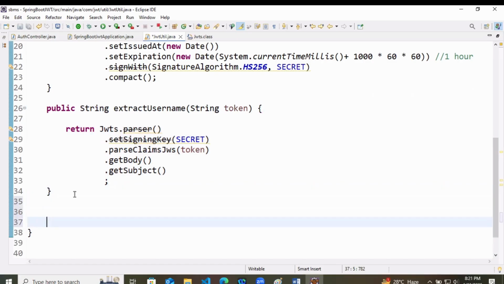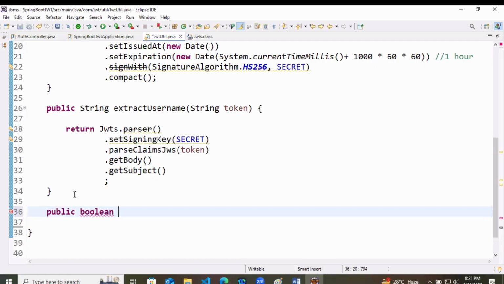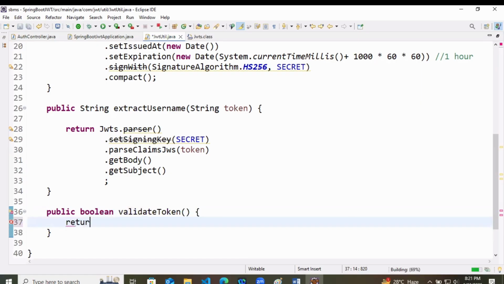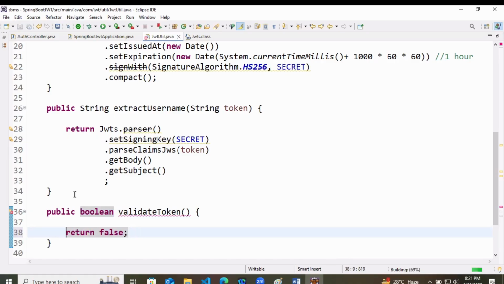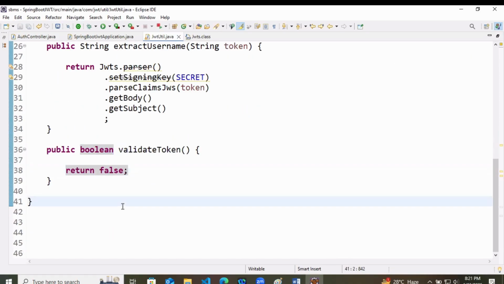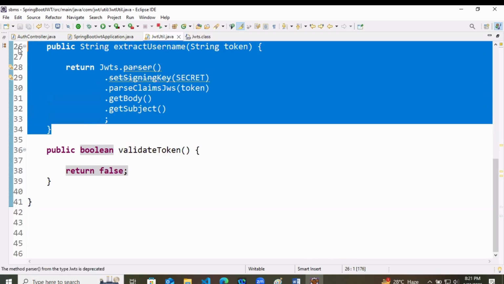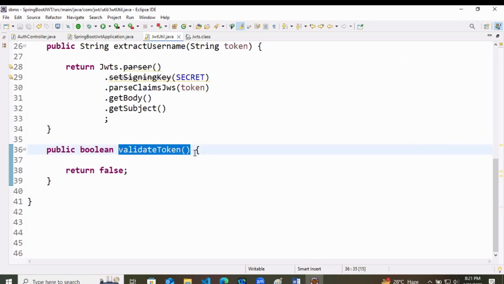Now, at last, once the username is extracted, we will have public boolean. We will create one method which will tell true or false if the token is valid or not. By default, it is false. Now, validate token means whenever a token is coming to you, you have taken out the username from it, then you are trying to validate the token.